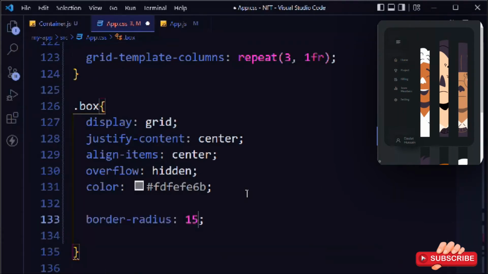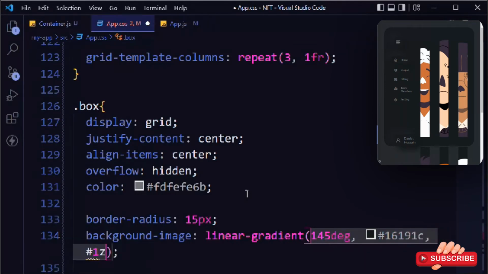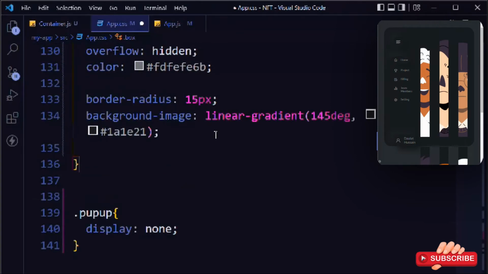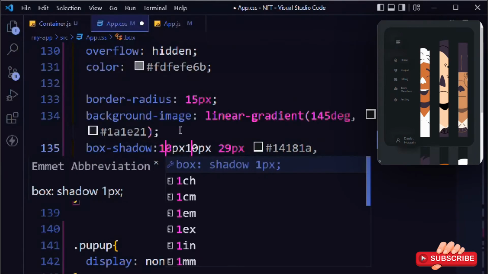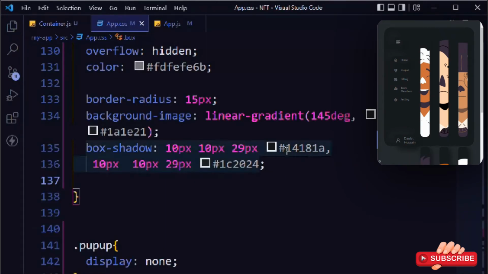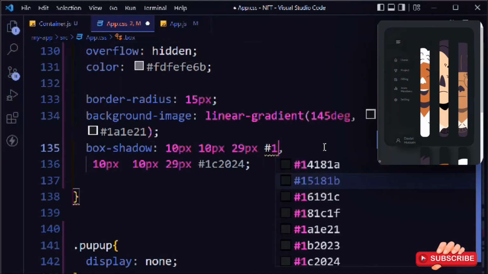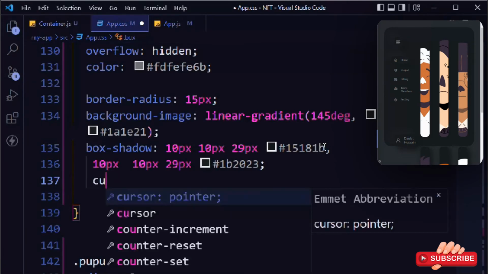Okay, the radius is going to be 15 pixels. Background image linear gradient 145 degree, and we'll have our color 16191C, and the second color is going to be 1A1E21. Come here and simply grab this box shadow and paste right down here, and here we have to change the value to simply 10 space. Okay, and we have to change the color as well. So 1B, so sorry, 1A58, this one as well. Cursor pointer,